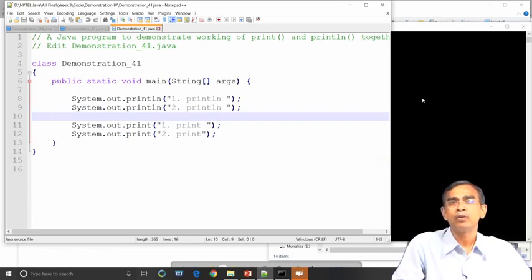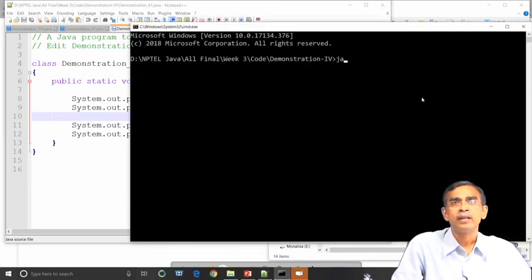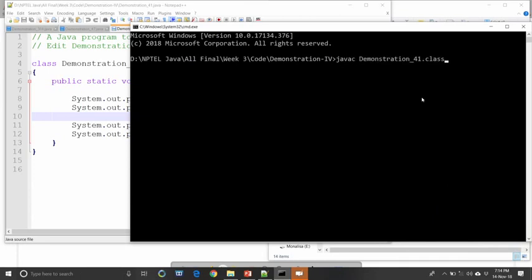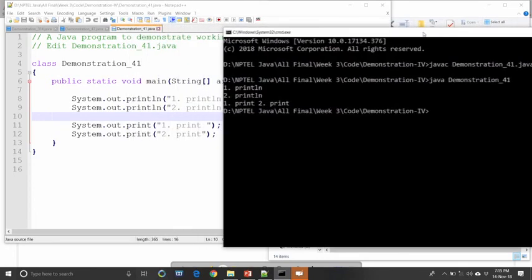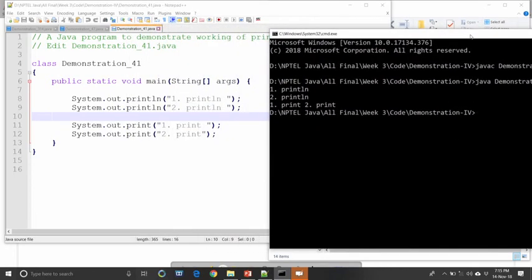Now, let us have the demo so that we can understand the working of these print statements. Now you see the first two prints are in two lines, and then the second two prints are in the same line, and the cursor is in the current line, where it is blinking here. So this is the idea.